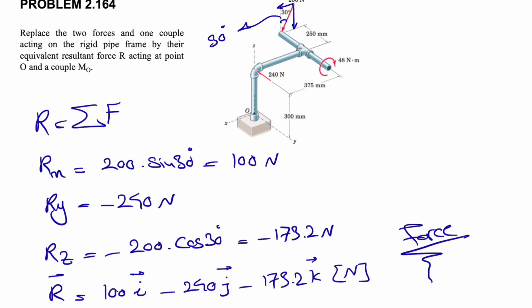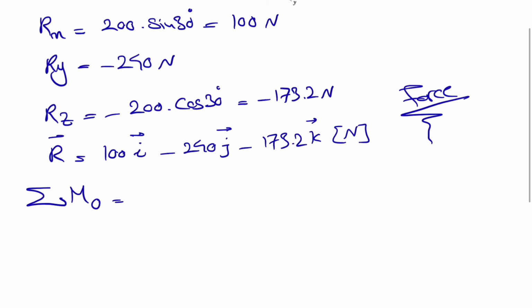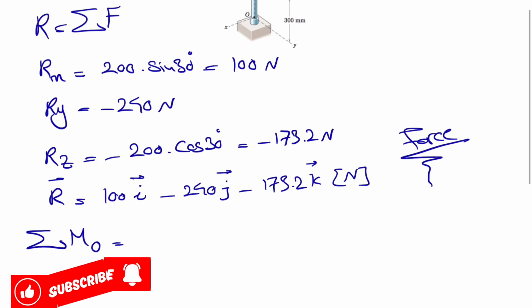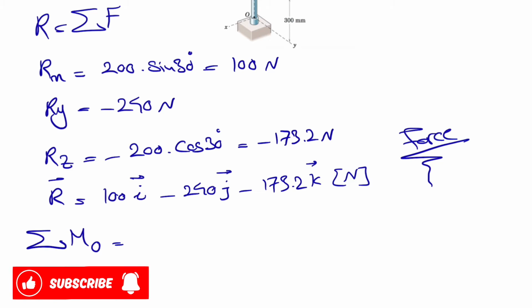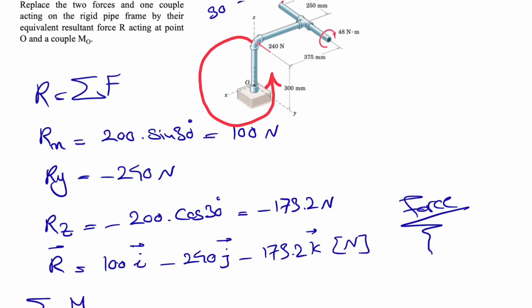So that's the force part. What we need to do in the next step is finding the moment about point O. For that, let's go one by one for each of these forces. We are trying to find the sum of all moments about point O, and let's see what we have. We have the moment of the 240 Newton force, which will be, if we look at this,